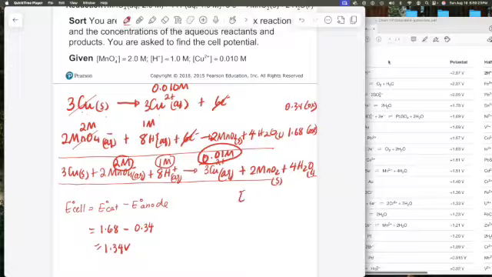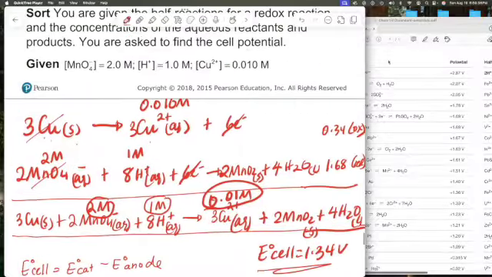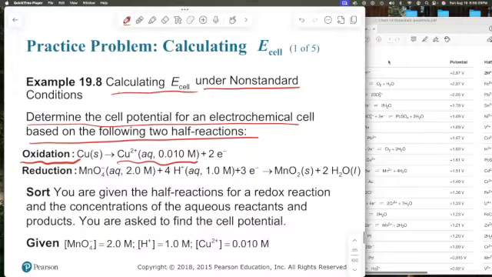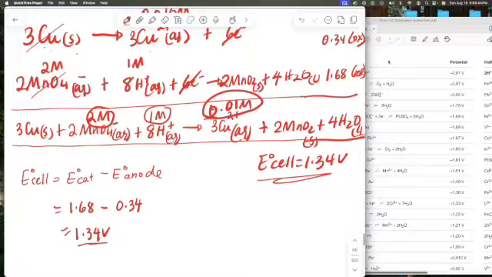So the E of the cell standard is 1.34 volts. Excuse me, I'm just running out of room here. I feel like I have a lot of room to write, but I really don't. That's the E of the cell, and this is how I got it. Okay, so what we're looking for is E of the cell under non-standard conditions. So for that, the formula will be